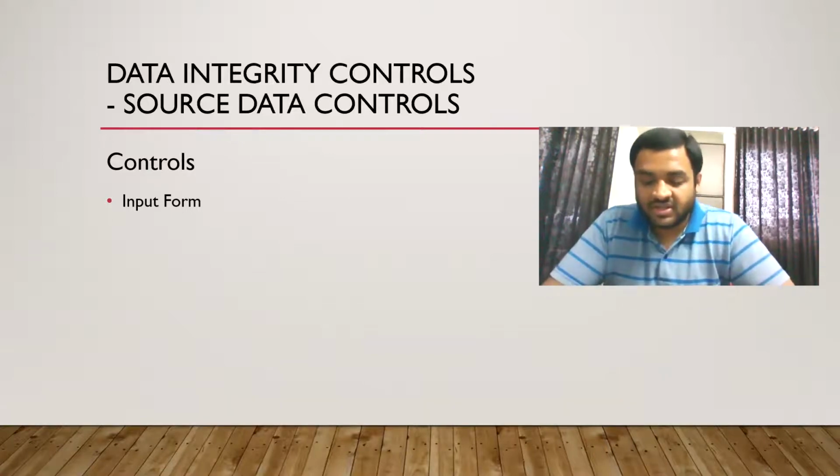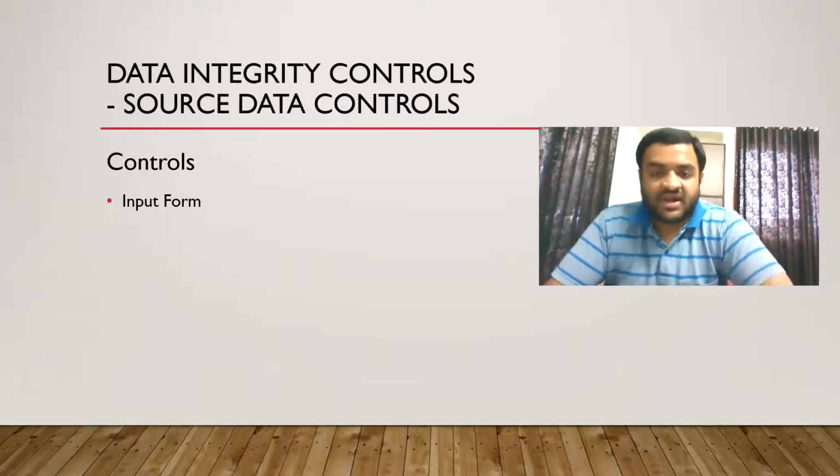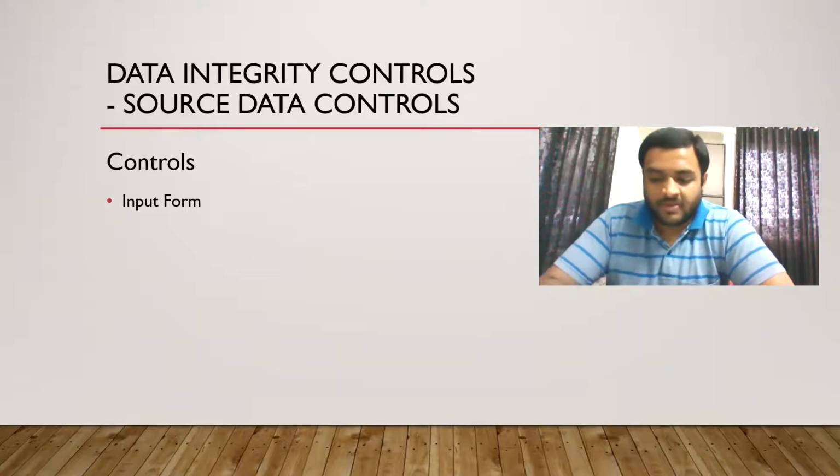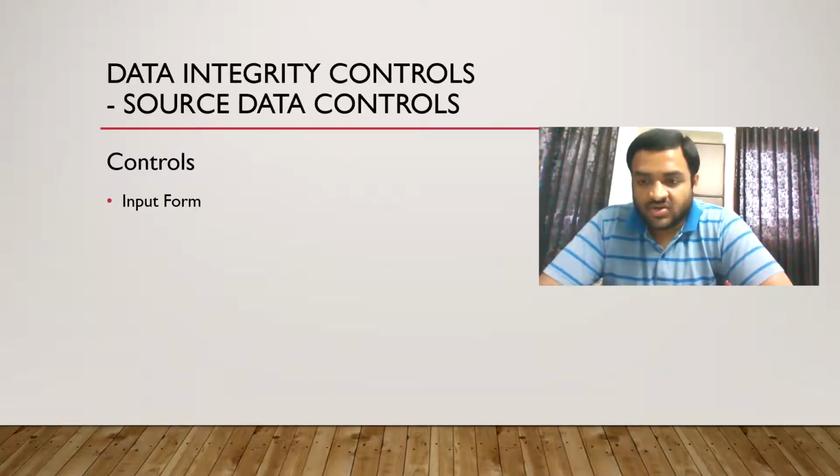Now we have filled the exam forms issued by ICAI, then registration forms and all. If you write a number as your name, automatically when the person is feeding the data into the system, it will prompt the data entry person that this data is wrong. Please input the correct information. So this is why we are designing this input form, so that at data entry level itself, we can identify errors and correct them. So the first control is input form.